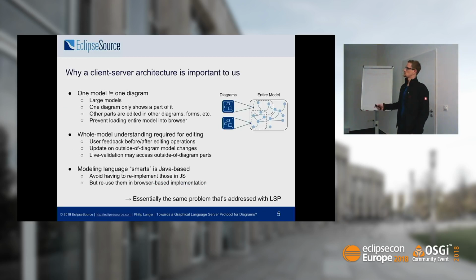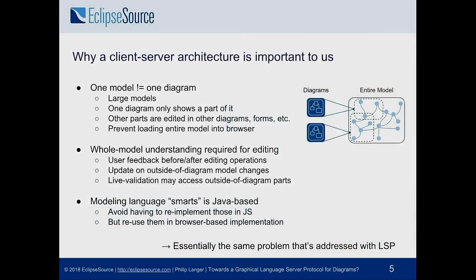And why this is a problem for us, so why we need some sort of client-server architecture in our use cases, is because in most of our use cases, one model does not equal one diagram. What we typically have is a larger entire model, and then a couple of diagram editors or diagrams or forms or whatever way of interaction you have with the model that only covers a part of this entire model. Obviously, we can't load the entire model into a browser. It might be too big,